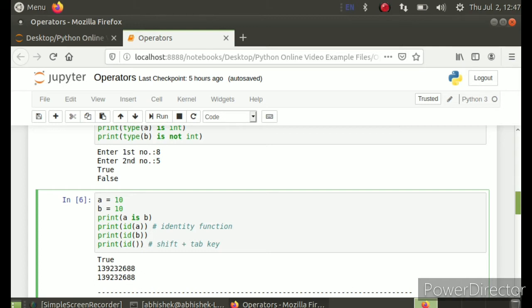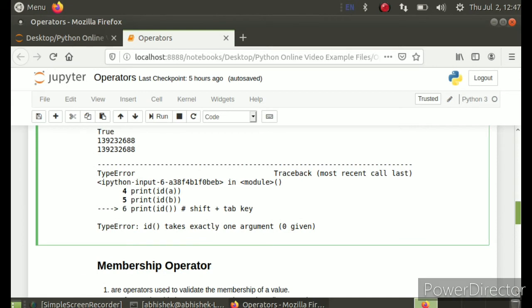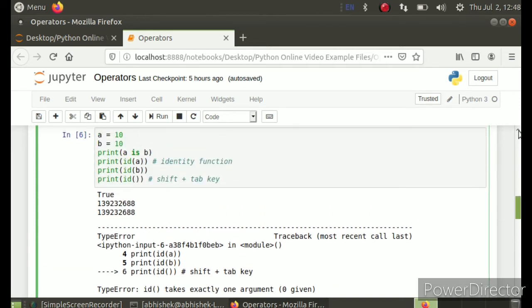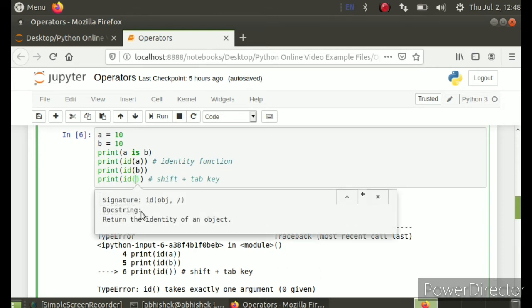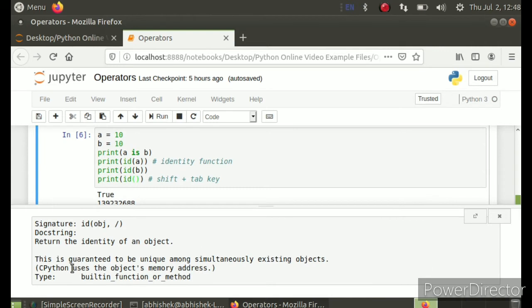When I run this, two memory locations with some arbitrary values are generated and they are equal. So what is this id doing? Let me place my cursor here and press shift plus tab. See what happens. It will give the information. Let me click this. This concept has been derived from CPython. It uses the object's memory address.